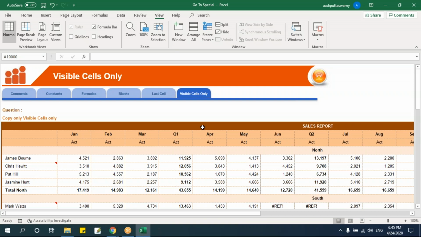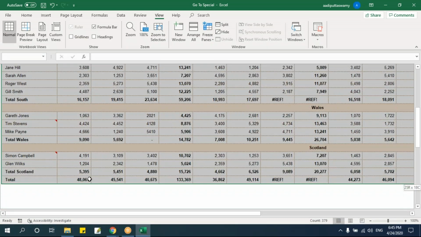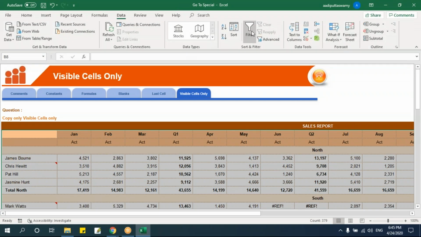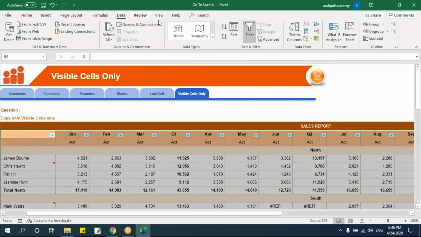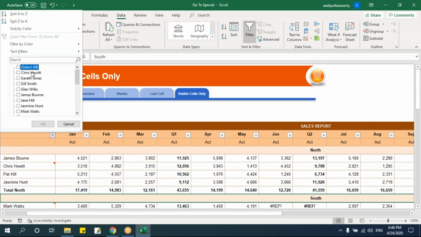and I'm trying to paste it in another template or another location. In that case, what we have to do, let me go here. Let's try this. I will use a filter, Data, Filters. Now I'm just trying to use this filter; next session I'll be discussing filters in depth. Now we're just going in a basic way, just select these filters. I'm trying to filter a few reps like this.